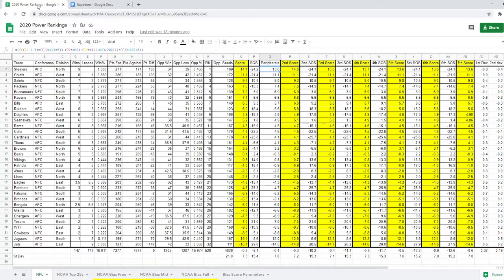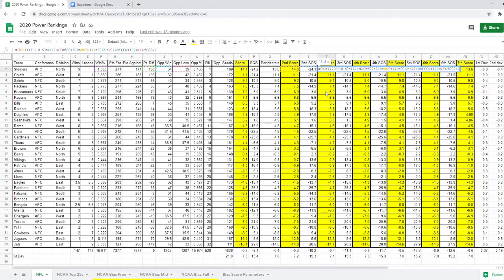Now, what happens here is you actually just keep going through. So now that you have your second score metric, you've adjusted it a little bit, and you move on. The second strength of schedule is the same as before. Now you take the sum of all of the second scores against the teams you've played. Then you use this second strength of schedule in your next peripheral using the same multiplier as before